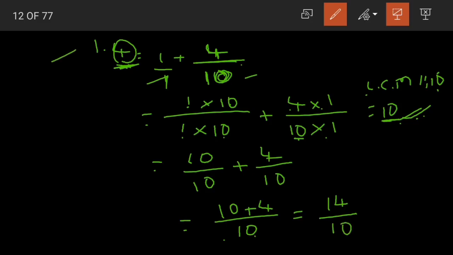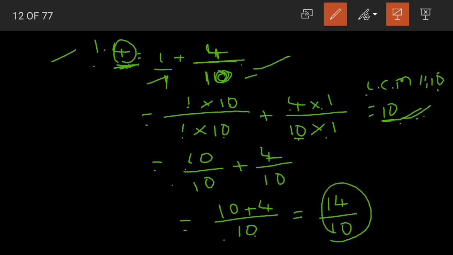Understood? See, that is why the chapters fractions and decimals are linked together. While we are converting decimals, we use the fractions. As we apply addition, multiplication, here we have applied addition of fractions, multiplication of fractions. Yes, so that is why both are linked together. If you understand the chapter fractions well, you can do the decimal problems also well.